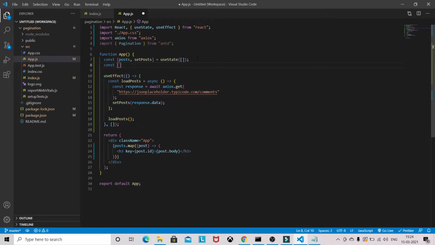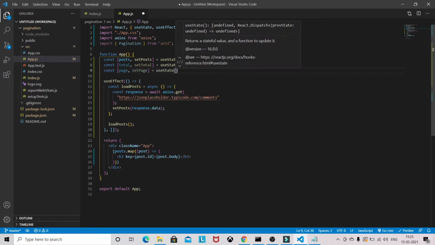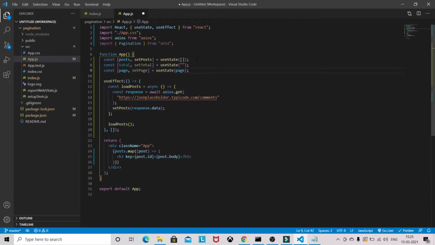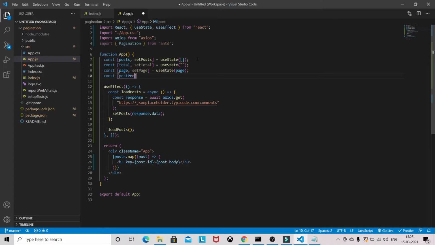And we need to specify some internal state. One more state is required, post per page, with setPostPerPage.